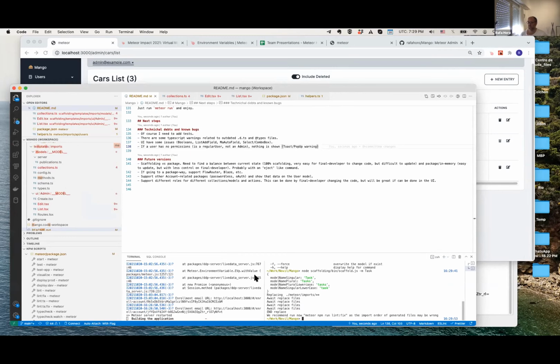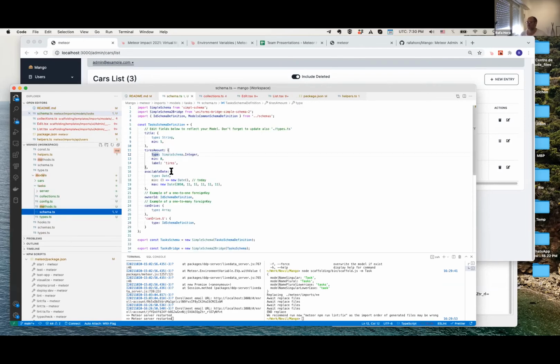And now if I go to the recently created, just a second, we have here the models UI for models tasks. Here you will see the created schema. By default it is the one that I showed in